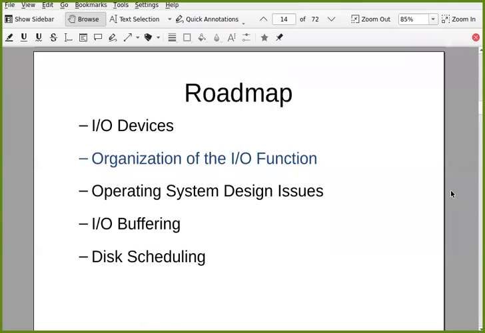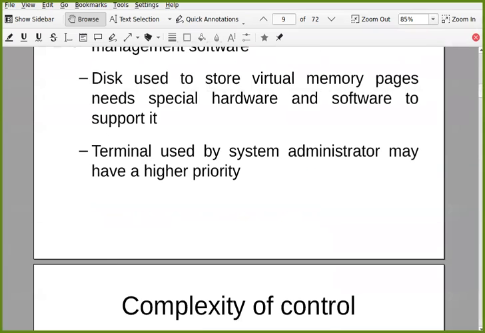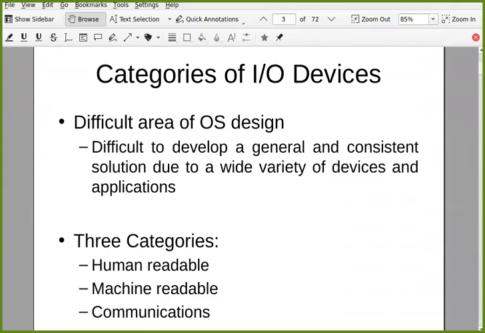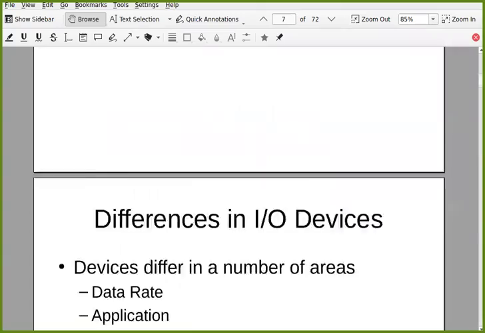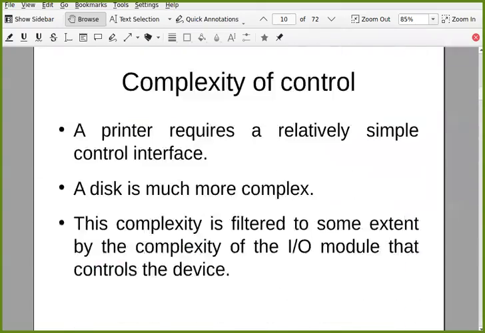Fine. So in the last lecture, we started this topic, that is IO and disk management. We looked at some types of IO devices that we have in our systems, and we divided them into three different categories. Just to revise that, let me show it here. The three categories are human readable, machine readable, and communications based IO devices. Then we discussed a little bit about that, which is simple to understand.